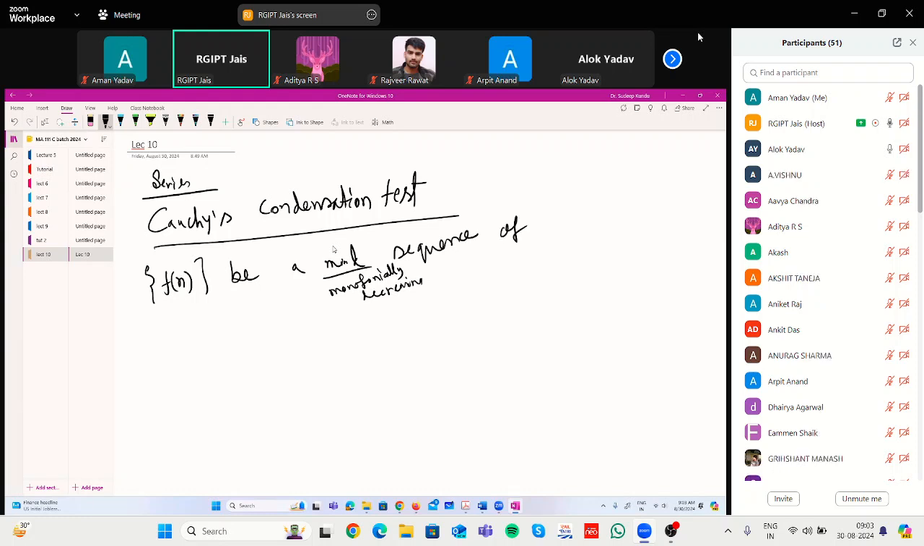So again, we are assuming a monotonically decreasing sequence of positive real numbers. So if f(n) be a monotonically decreasing sequence of positive numbers, suppose a is a positive integer greater than 1. Then what will happen? Then the series f of n and